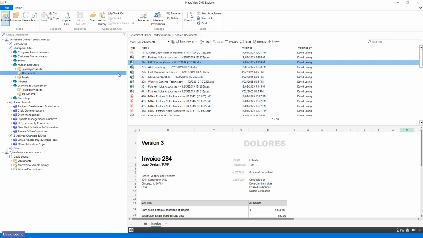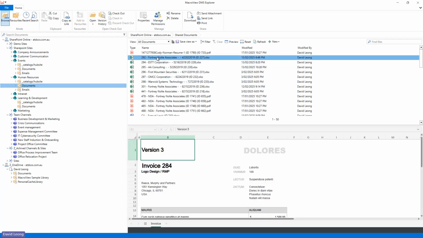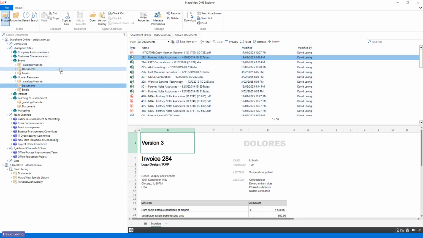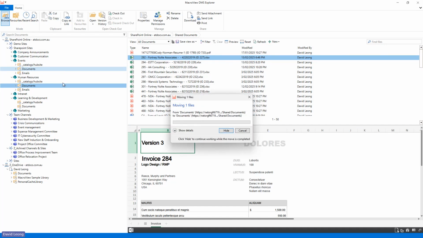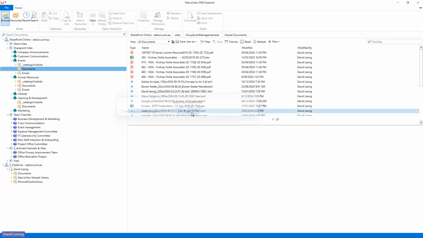So that's just an example of how it transforms all this information and gives you this document management system capability and navigation. If I had the rights, I can move documents between sites. I can move this document here, for example, out of Human Resources and into Events by simply dragging and dropping it. Obviously, you'd need some systems administration access to do that, or higher authorities, but that's moved the document between sites just by dragging and dropping in this tree structure.